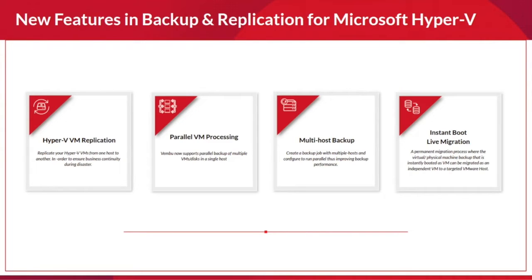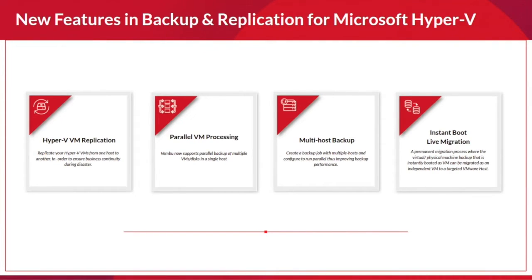But in this version, we have something which actually adds weightage to this product. With this feature, once you instantly boot the data, you will have a virtual machine booted in either VMware or Hyper-V. But to enable this instant boot live migration, make sure you boot the machine on a VMware environment, that is your ESXi host or your vCenter host, whichever it is. So once you boot it up in that environment, you'll have your data temporarily mounted as a virtual machine. In that case, you'll start working in that newly created virtual machine, and you don't have to bring back things.